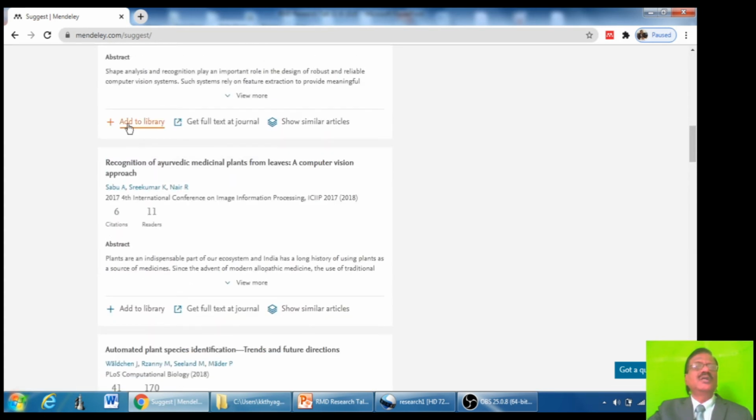If you want, you can add these PDFs to your library. If the publisher permits, the PDF will also be added. Otherwise, only the title, author names, those things will be available to you.